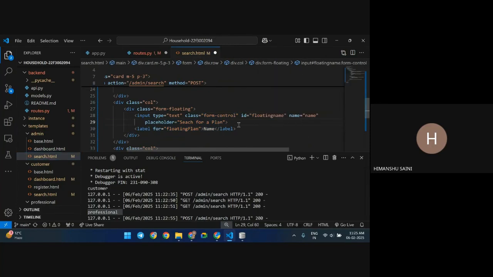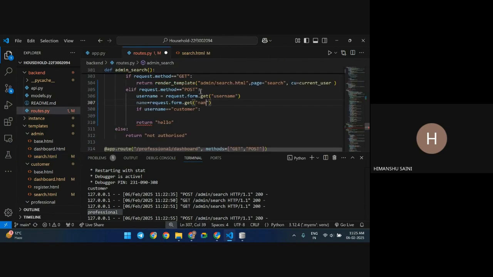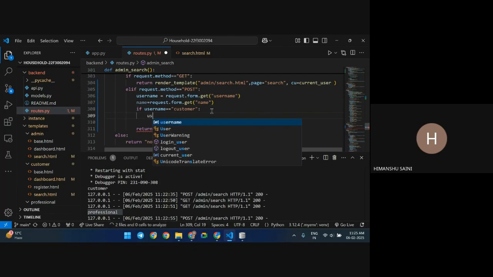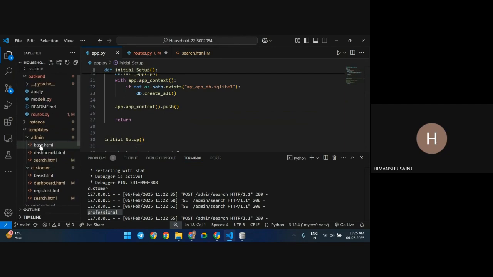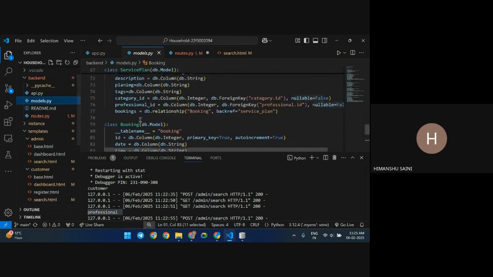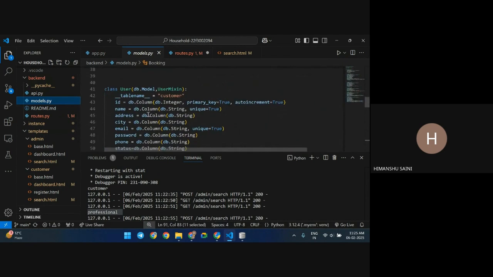So I will retrieve whatever the user gives in this input. I'll retrieve it first, so what's the name he wants? And I'll query in the database. So db.user. There could be one user with the same name, right? If I go to models, let's see if I have done something like that or not. Is my name unique or not? The name cannot be the same, but suppose one can be